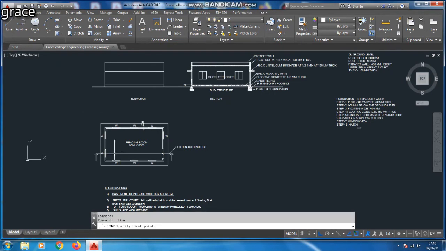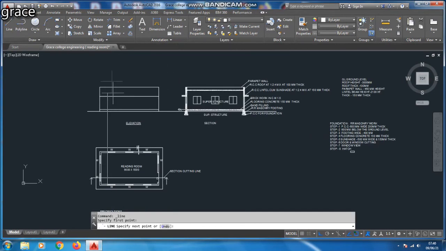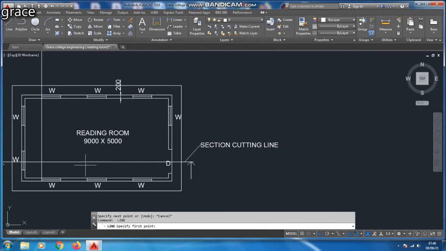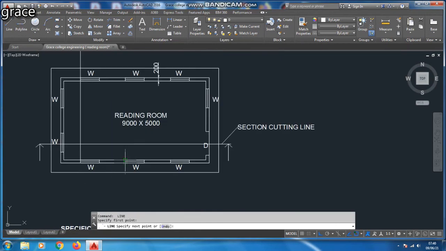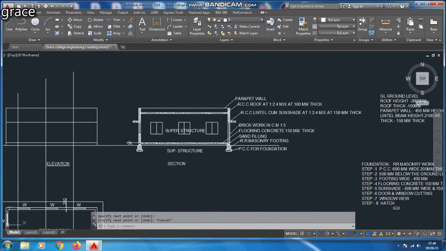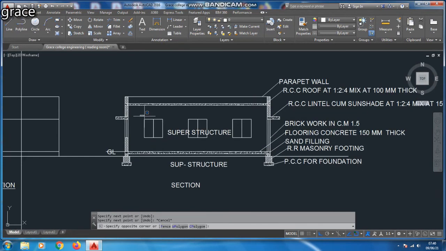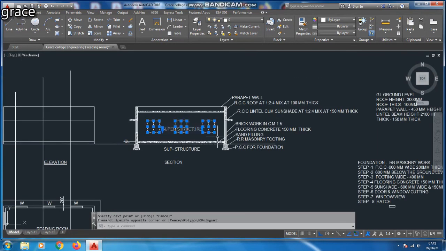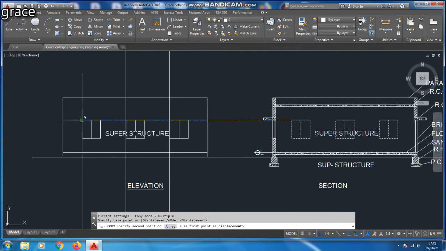So I am going to extend the line from our plan to draw the windows for our given diagram. Okay. So I am going to copy the same windows to draw the elevation for our diagram, because the dimensions are the same for section, elevation and plan.